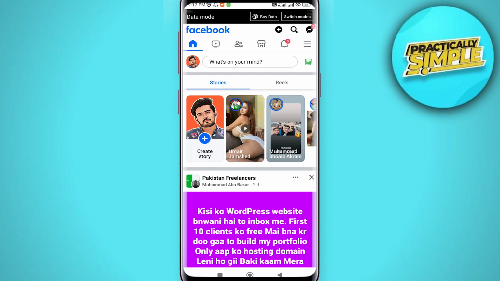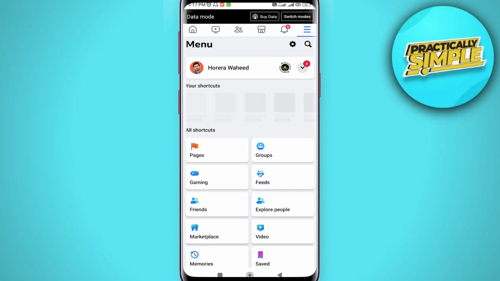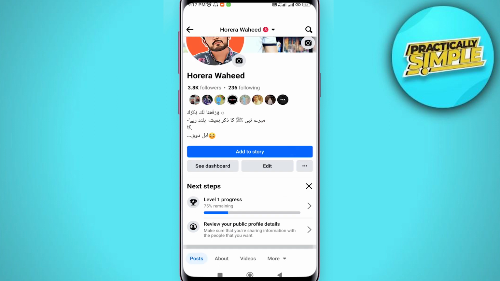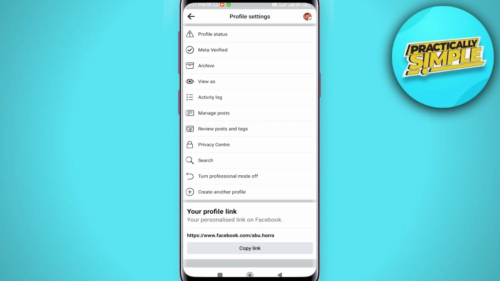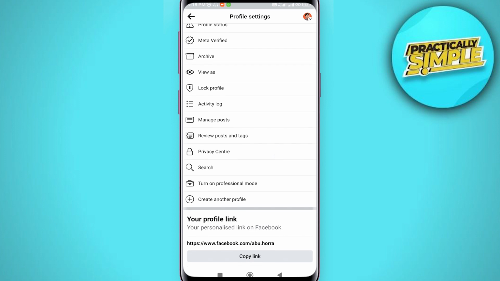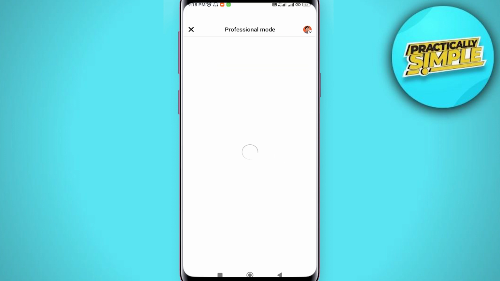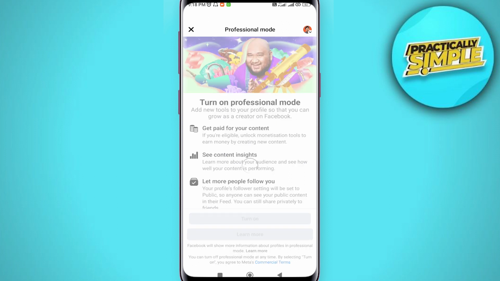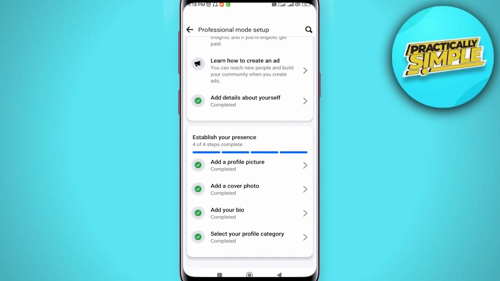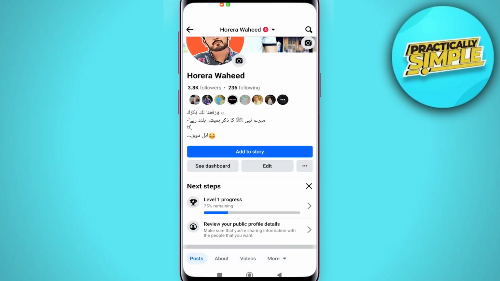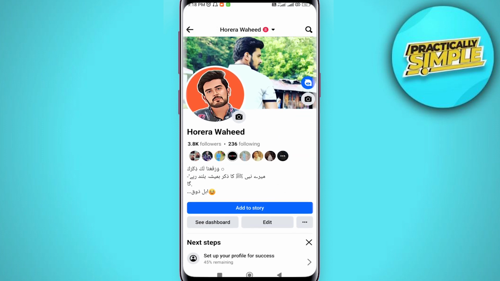Now tap on these three bars in the upper right corner and tap on your profile. Now tap on these three dots beside this edit button and then simply scroll down, and now you just have to simply turn on your professional mode. So tap on this, turn on professional mode, tap on this, turn on, and now your professional mode is turned on. So now if you go back to your profile, just simply scroll down to refresh your page, and now